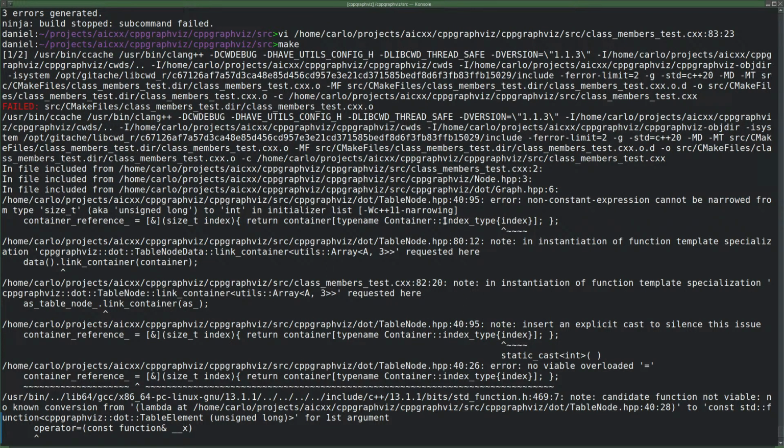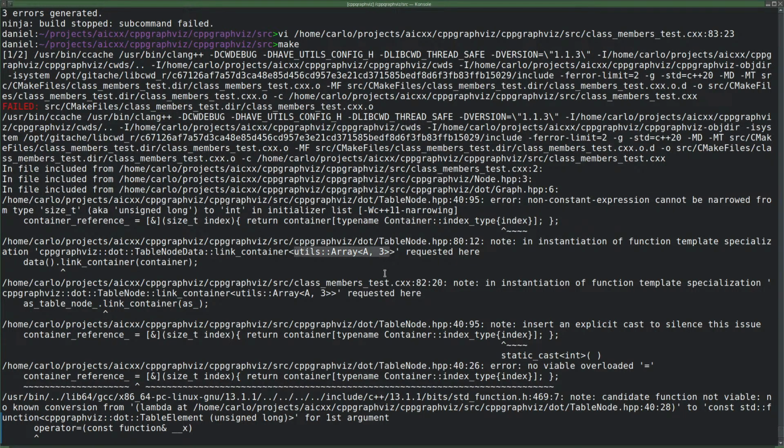I mean, unless index type would be an int, but it isn't. At least I hope not. What is container? It would be so nice if it told me. I'm guessing that is